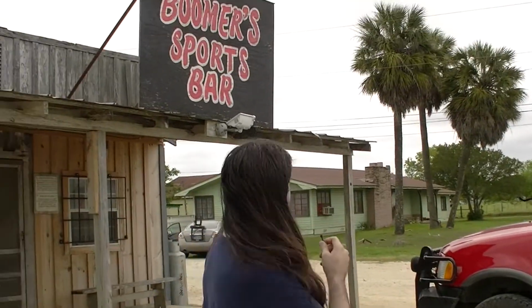All right, so we are here in front of Boomer's Sports Bar, which is where we are going to be shooting one of the scenes of the movie. I'm going to do my video diary out here for today and use this very tiny microphone to talk to some of the crew members that are out here with us. We're scouting the location right now in Gonzales, Texas, and